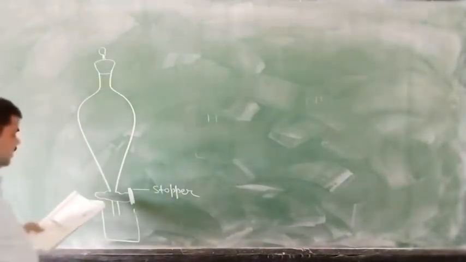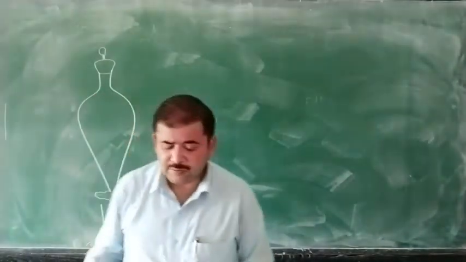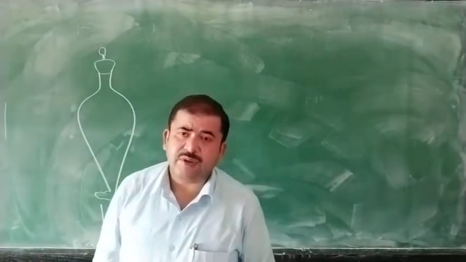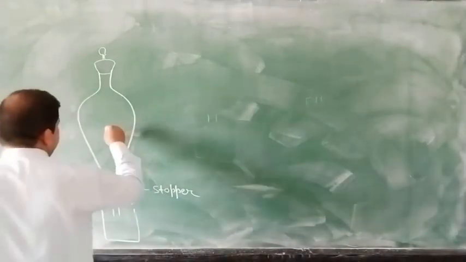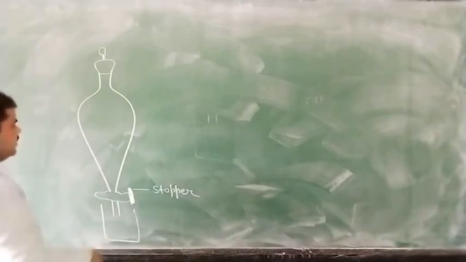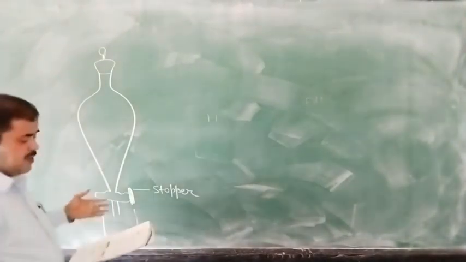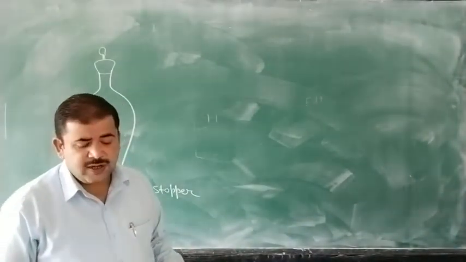Here is activity third, the separating funnel method. The aim is to separate a mixture of kerosene and water. First we will put the kerosene oil and water into the separating funnel. The materials required are a mixture of kerosene and water, a separating funnel, a tripod stand, and a beaker.